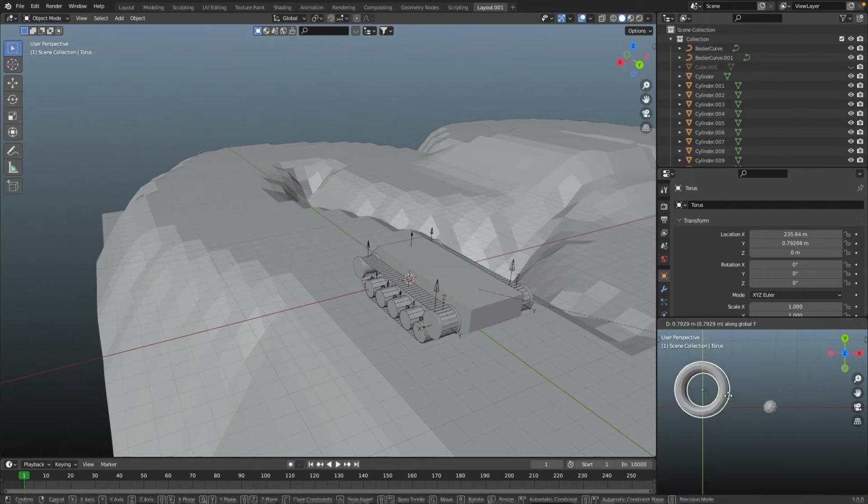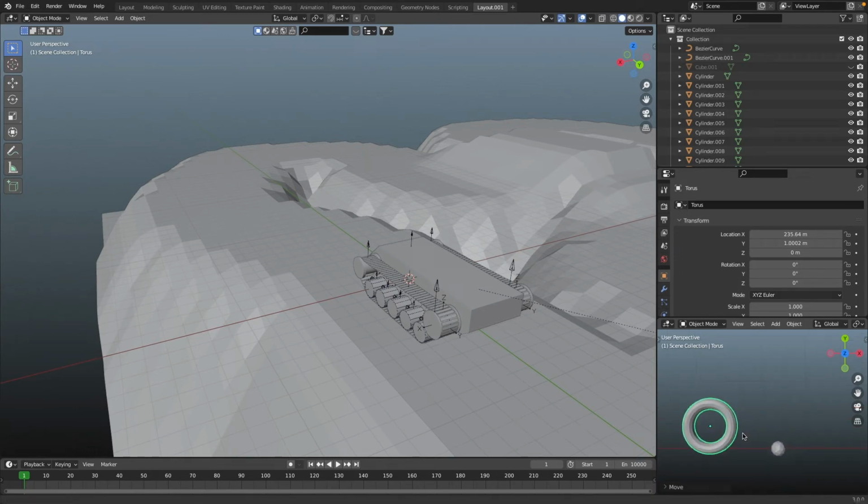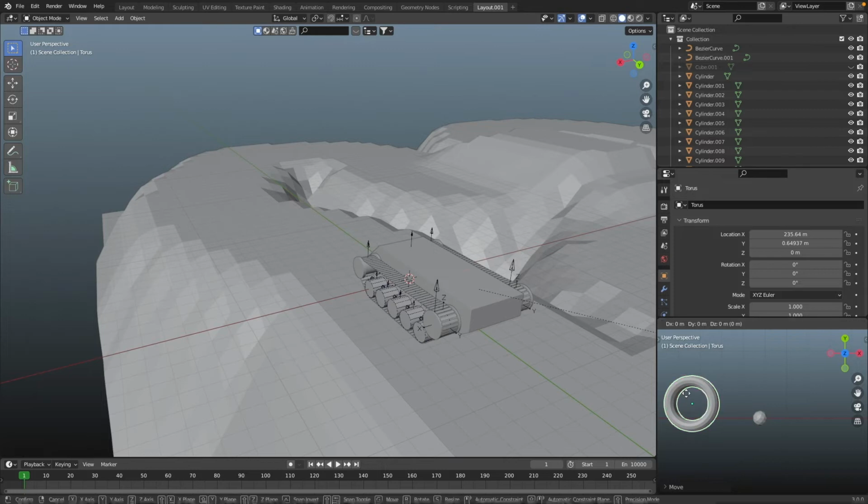We might want to move this up a bit so that it's a bit more realistic. It's more of an opinion really that the knobs, if they stay at the bottom, they look way more realistic to me. Your choice. This is completely customizable. The location of this torus is not going to affect your steering by any means, because we're not going to be using the location to steer the tank. We're going to use the rotation.